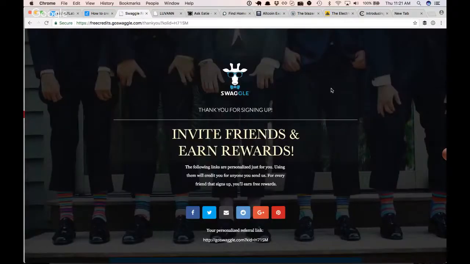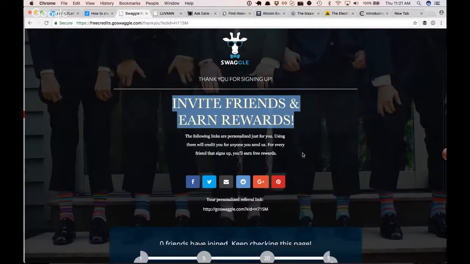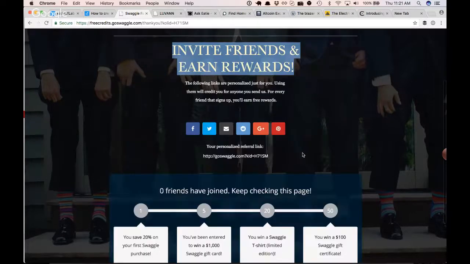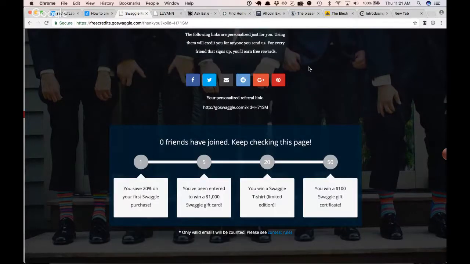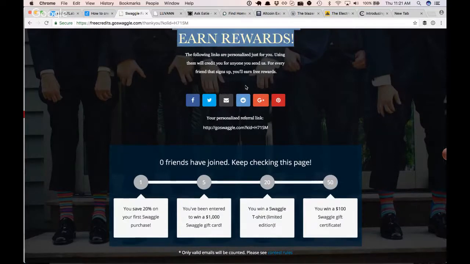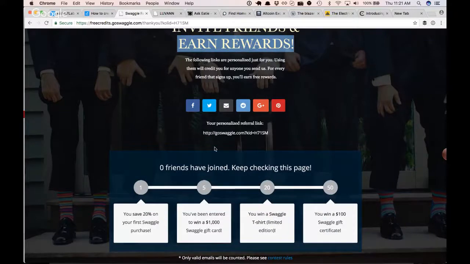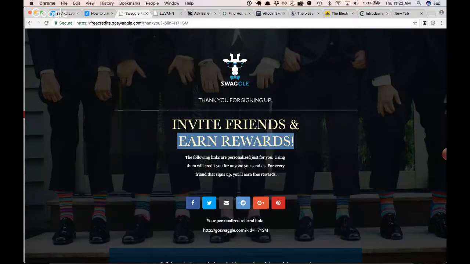All right, so now I've got, let's see, Swaggle, thanks for signing up, invite friends and earn rewards. I feel like I use this all the time. This is our default text that says invite friends and earn rewards. I would go back to what you said: invite friends and get 20% off, invite friends, get discounts and swag, enter to win a gift card. There's a lot of those things you could try to tease the sharing, but just to be more specific, because I don't see what the rewards are until I scroll on this page. So being more specific up here,